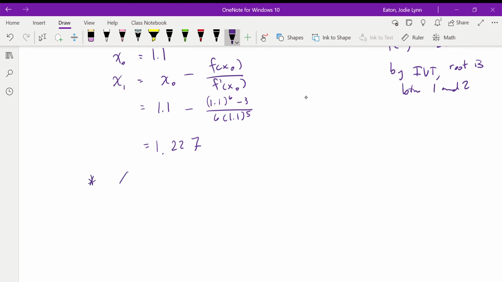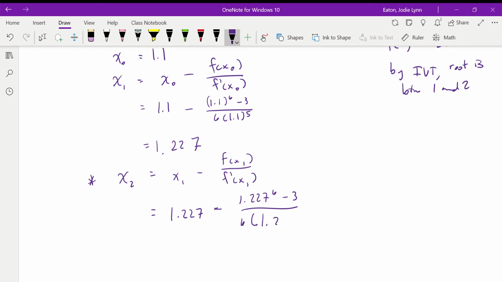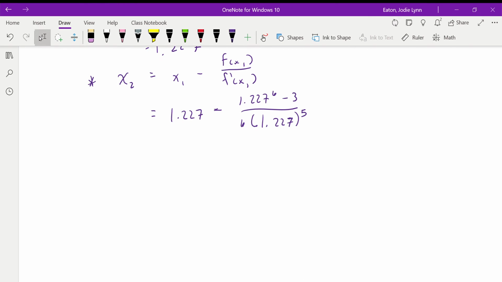So we have a guess. We took one guess, we made it a better guess. Let's make that an even better guess. So x2 is x1 minus f of x1 over f prime of x1. And that is 1.227 minus (1.227 to the 6th minus 3) all over (6 times 1.227 to the 5th). We don't need to compute the derivative again. Derivative is the same, function is the same, just changing what we're plugging in. So we get 1.202. Let's look at x3,